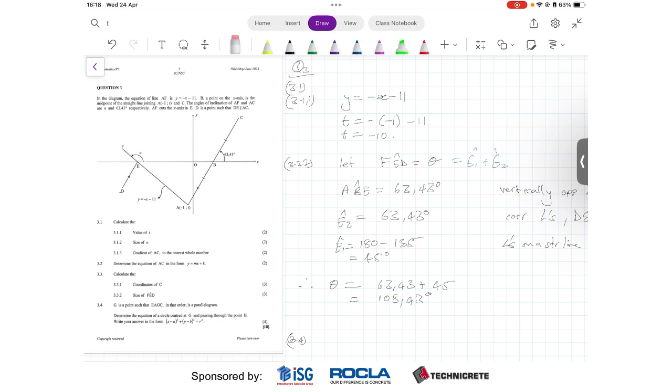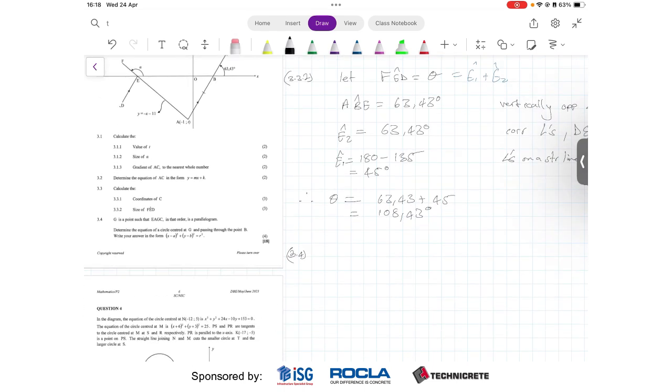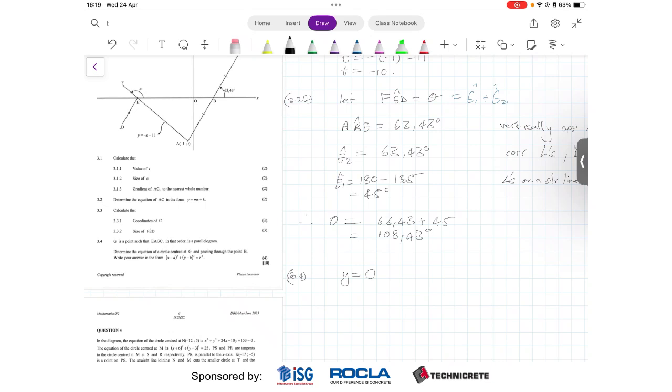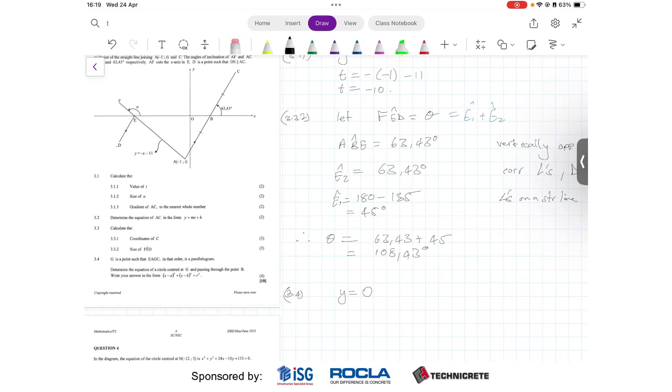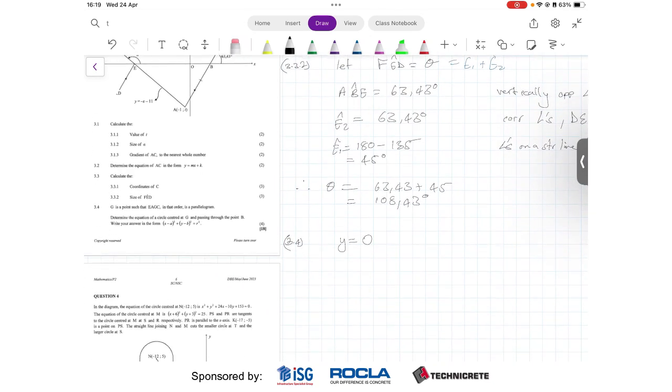Let's look at what the question wants. Determine the equation of a circle centered at G and passing through the point B. Write your answer in the form x is equal to that. So we are already told that it's passing through the point B, so y is equal to 0 at that point. Okay, now we know that